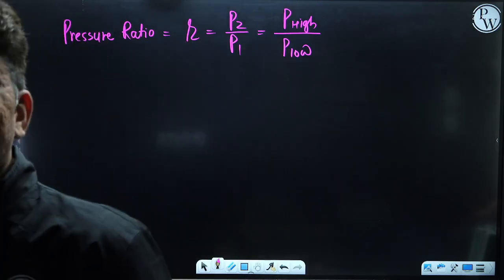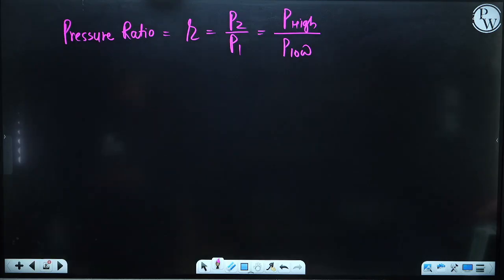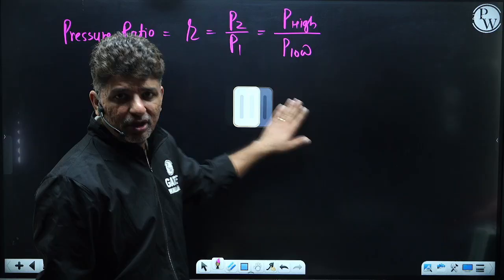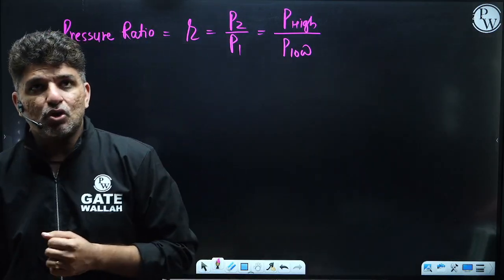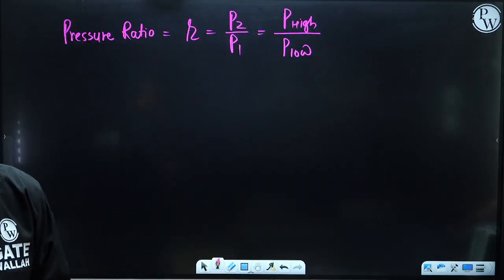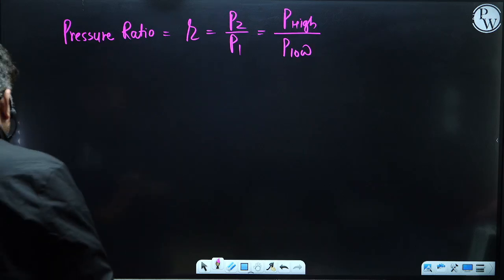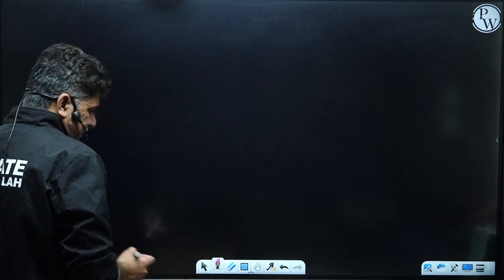Okay, we are going to see why it is very important. But I hope everybody understood what pressure ratio is. That is P2 by P1, which is also equal to P high by P low. Okay, very good. Next, we are going to see that